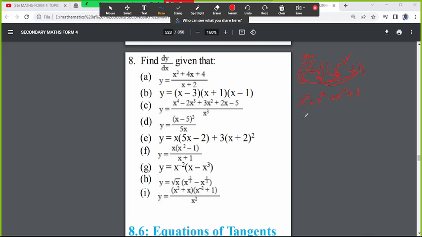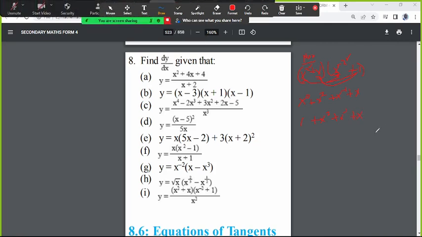This one becomes 1 plus x squared plus x to the power of negative 1 plus x. This is the expression we get after we have expanded the